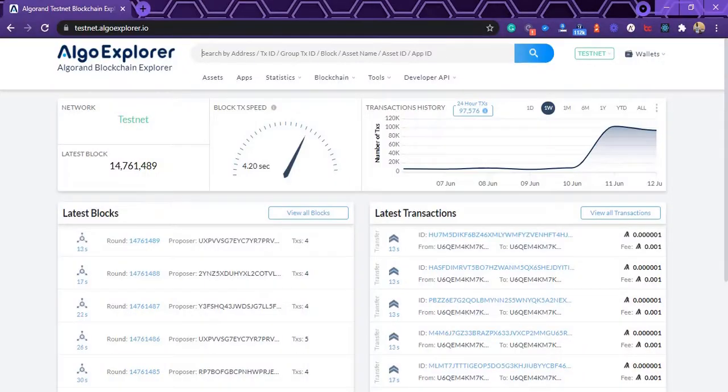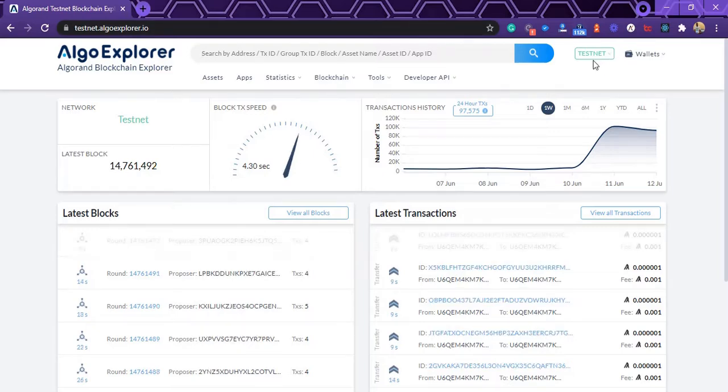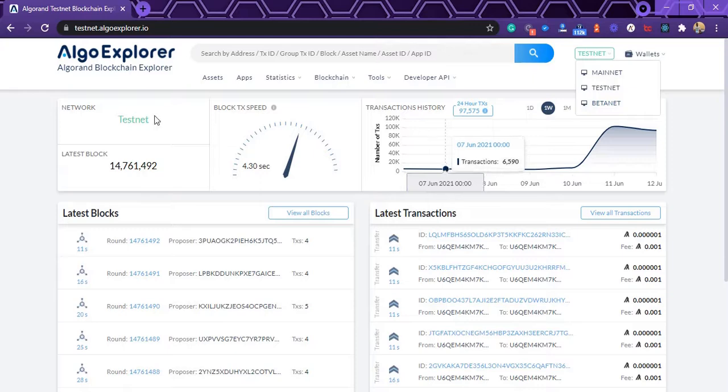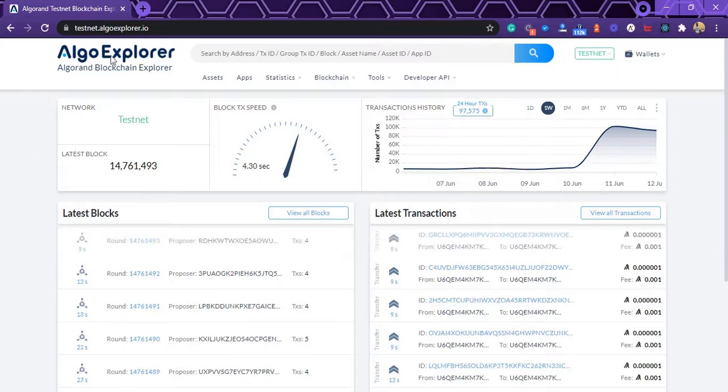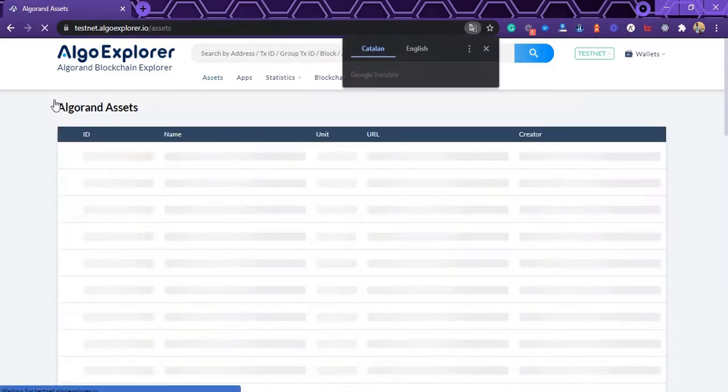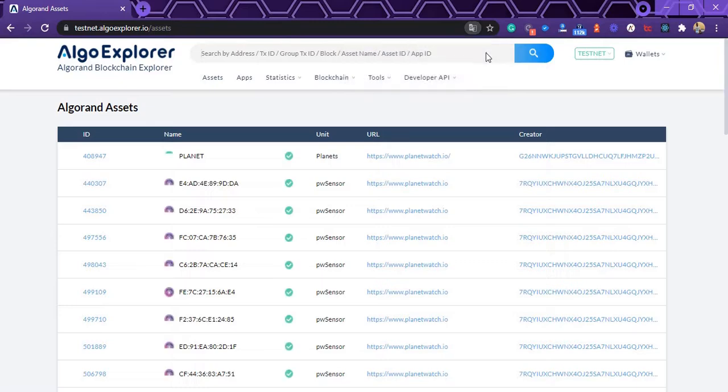So having created the assets through our mobile application, we can head over to testnet.algoexplorer.io. We're running it on the testnet because our application was built on the testnet itself. So head over to this link, testnet.algoexplorer.io, then head over to assets. So this is where we're going to look up our asset and the details of our asset which was created. So go ahead and